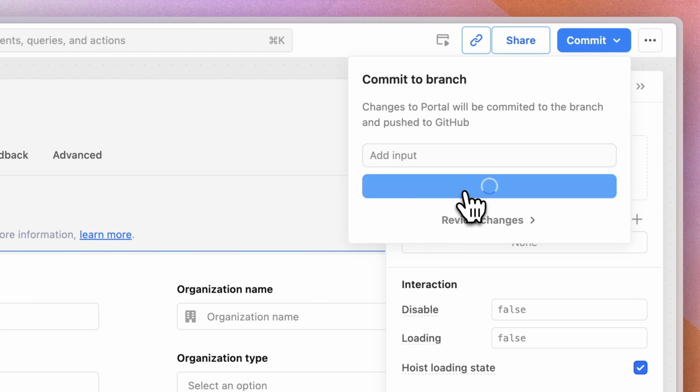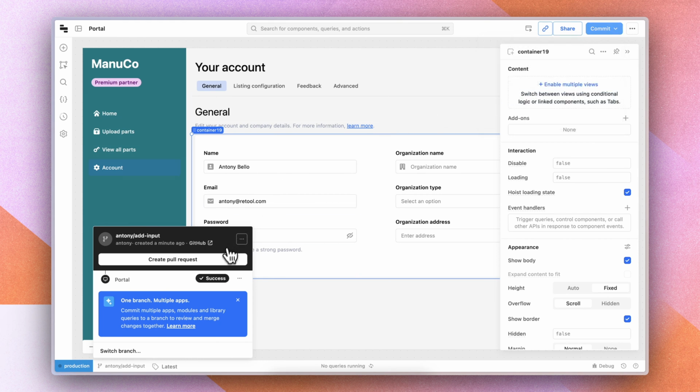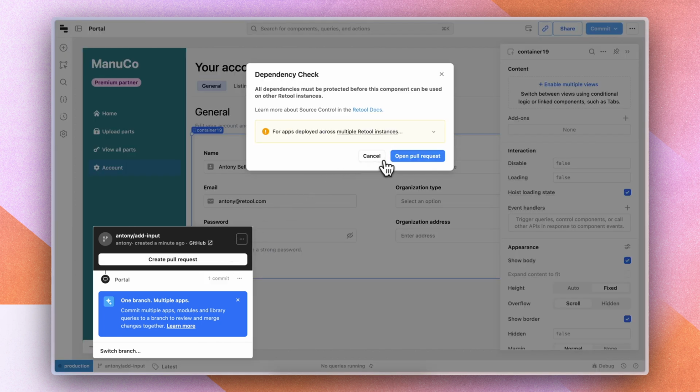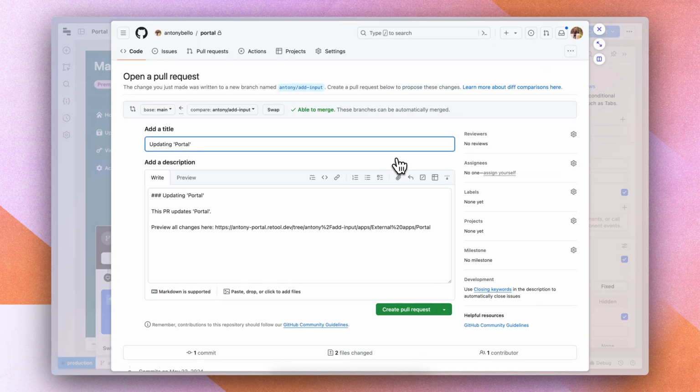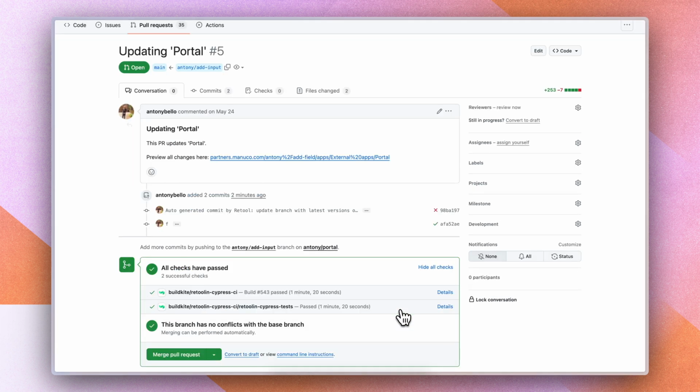Now, as this change is being committed, you'll see on the bottom left that we can now create a pull request once it's ready. So I want these tests to run whenever I create this pull request to make sure that I didn't break login. So once I create this pull request, I'm going to hop on over to actually check whether or not